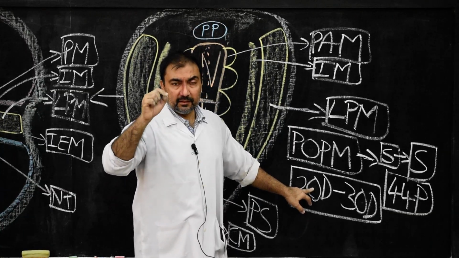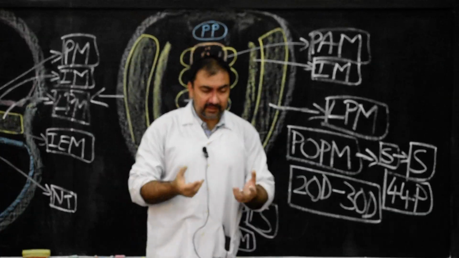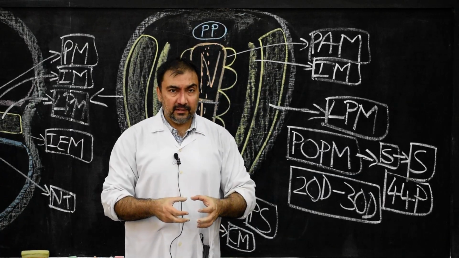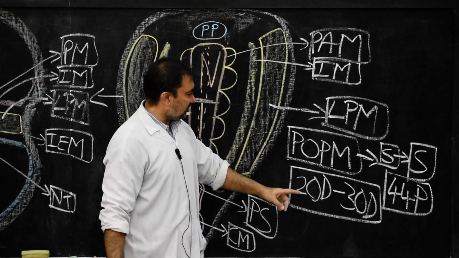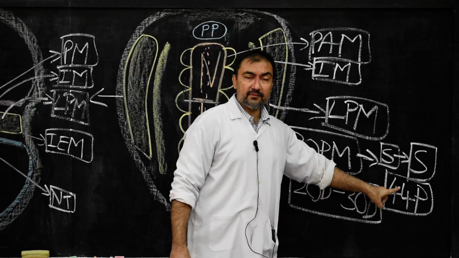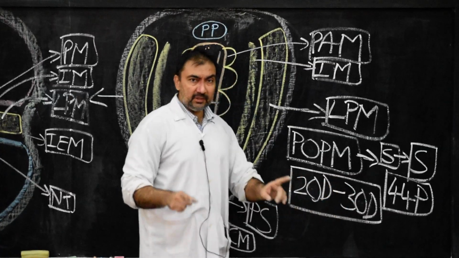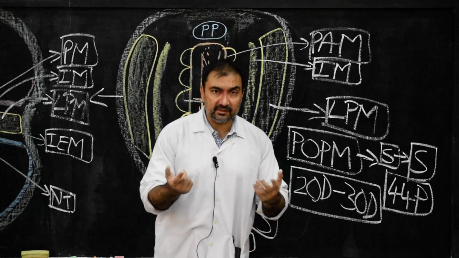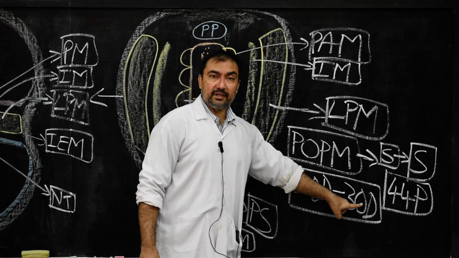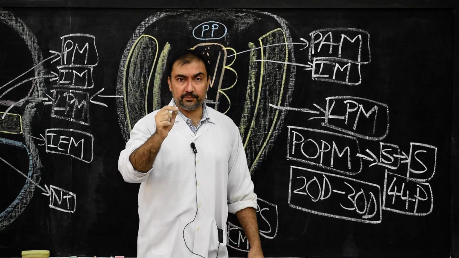So therefore, now please note down, since paraxial mesoderm has been developed into various segments, those conical masses are surrounding the entire neural tube and notochord, and therefore these conical masses are known as somites. These somites, how many are there? Total 44 pairs between 20th day to 30th day. So now the age of the embryo during the somite period, which is the somite period? The somite period is between 20th day to 30th day of the embryo. So therefore the fourth week, please note down, the fourth week of the embryo is known as the somite period.